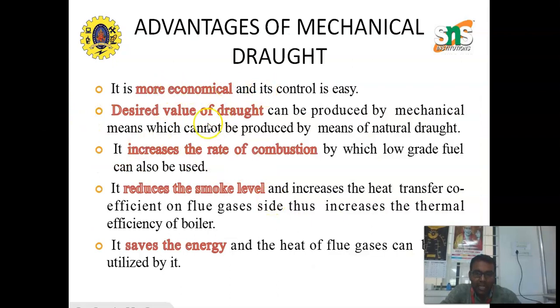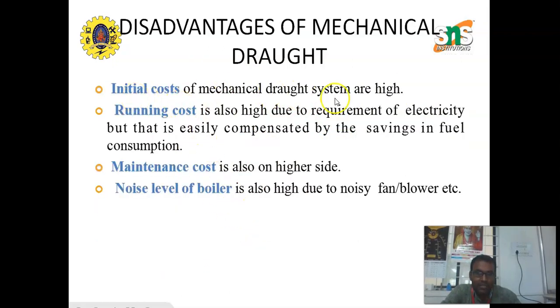Advantages: it is more economical, the desired value of draught can be produced, it increases the rate of combustion, reduces the smoke level and also saves energy. Limitations: initial cost is higher, running cost requires more electricity, maintenance cost is high, and the noise level of the boiler can also be increased. These are some of the limitations of